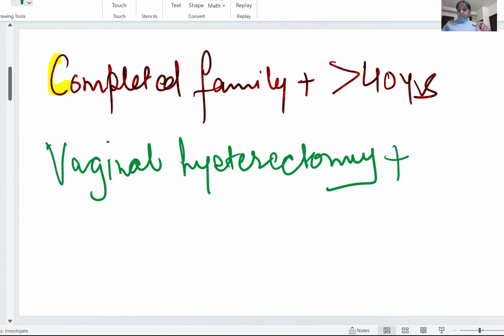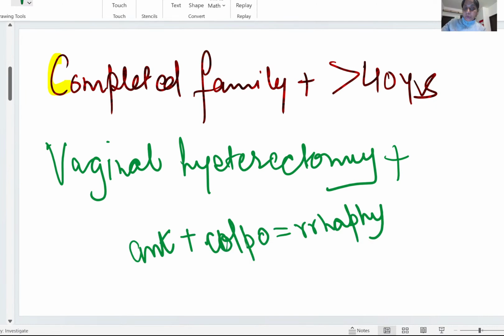For the anterior vaginal prolapse, we will do anterior colporrhaphy. Colpo means vagina, and raphe means repair. So anterior vaginal wall repair is done by anterior colporrhaphy. Posterior vaginal wall repair is done by posterior colpo